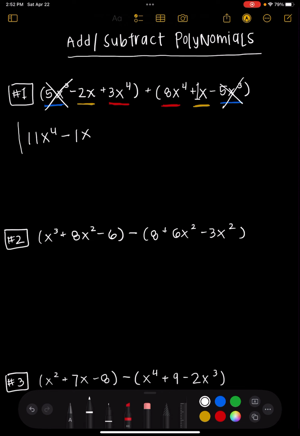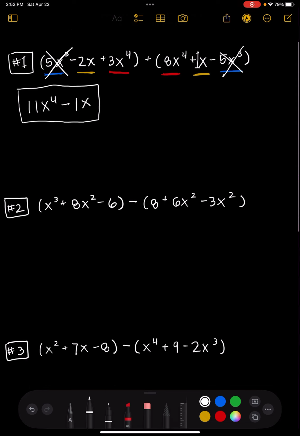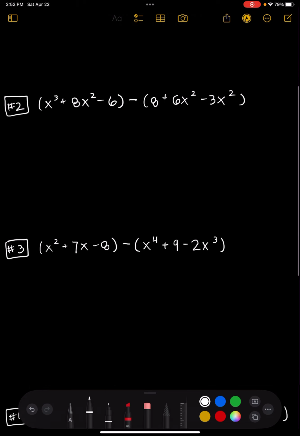I combine all my like terms, and this is what I'm left with. So 11x to the fourth minus 1x. All right, let's go to the next example. And on the next example, instead of adding these two things together, we're subtracting them. So this is a little bit different